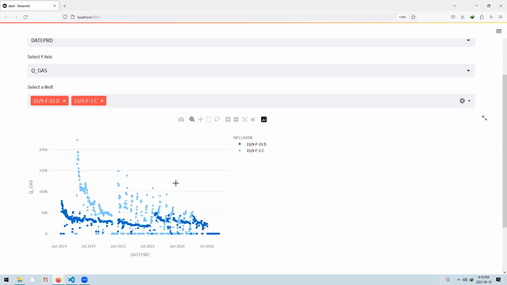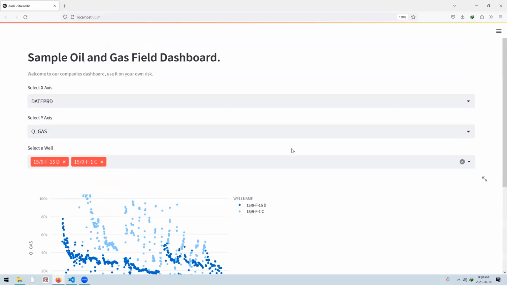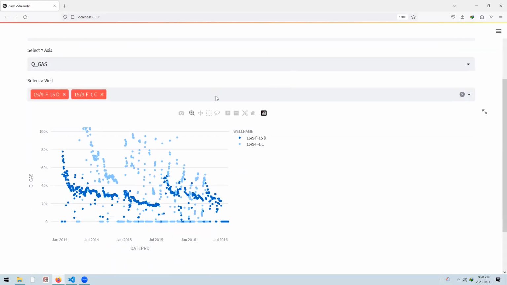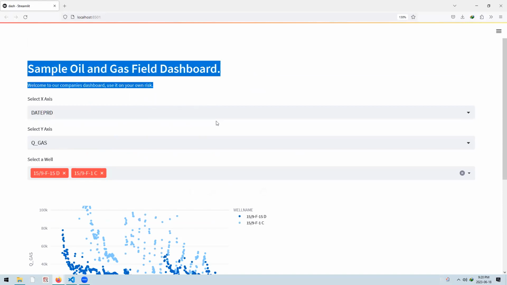There we go. Now we have 2 wells selected. By the way, you can go ahead and do all of these interactions with it. Now, the next part is what happens if you want to start to pull data from another file. If you are doing this in Excel, you will know this is very, very challenging to do if you want